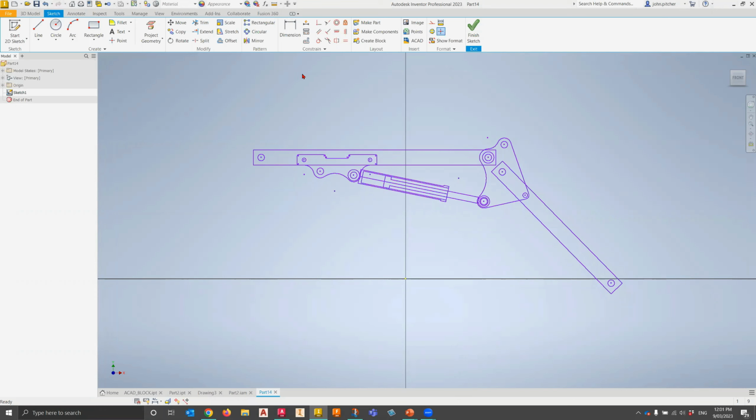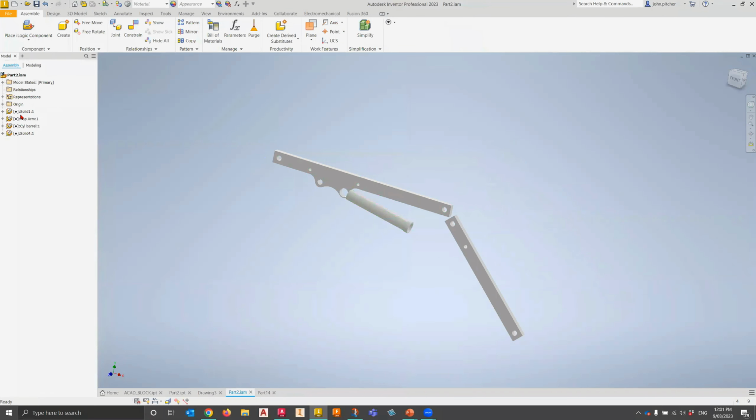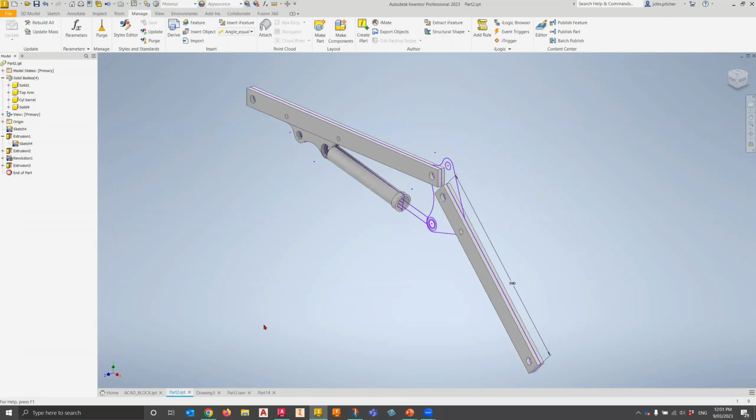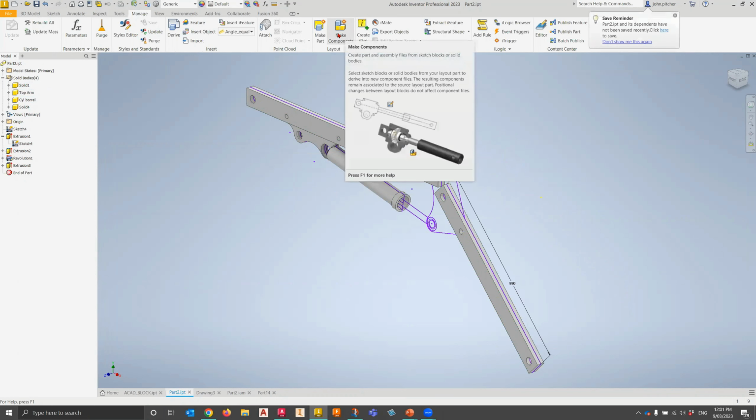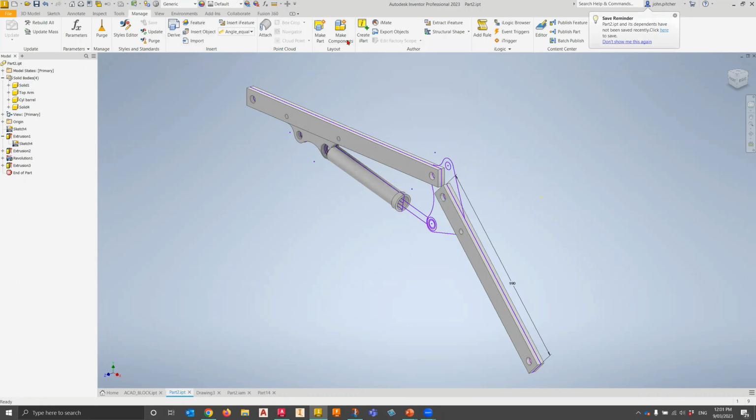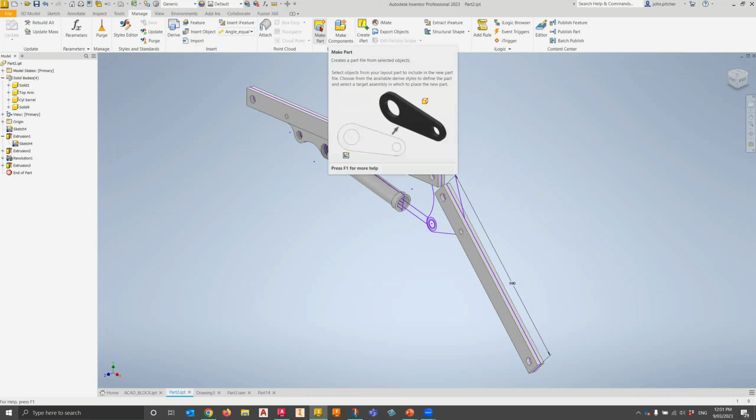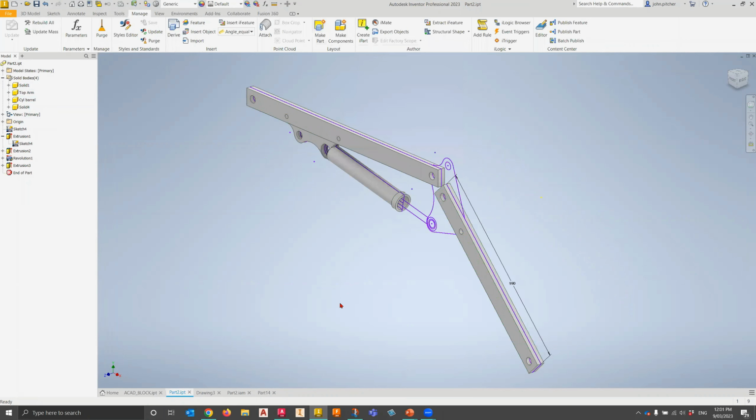And look, if we had some more time today, we could perhaps dig down a little further. But something that I would encourage you to look at is that functionality that I used here for multi-body modeling, and then utilizing our solid bodies to create working assemblies using the Make Component option from our Manage tab here. Now, you can do these one by one as well, so we can obviously make a single part from that